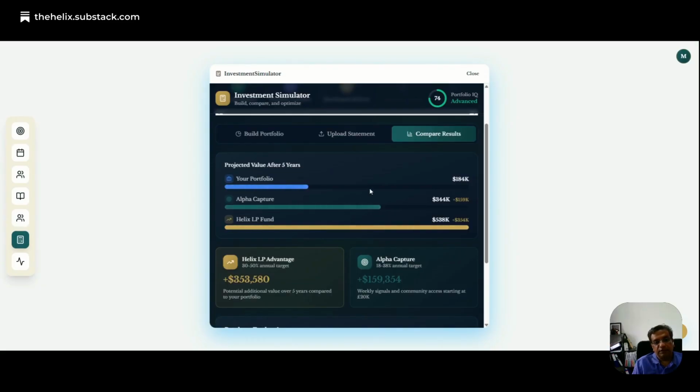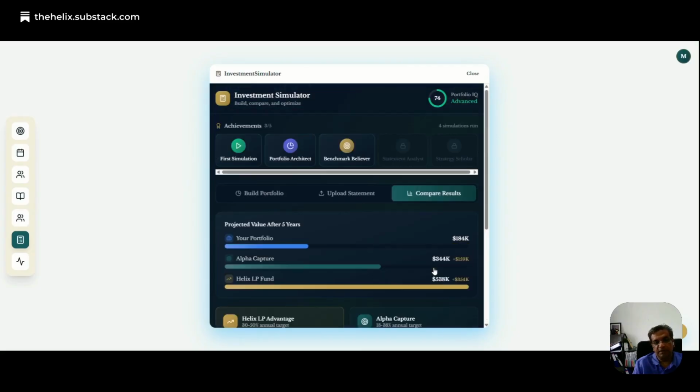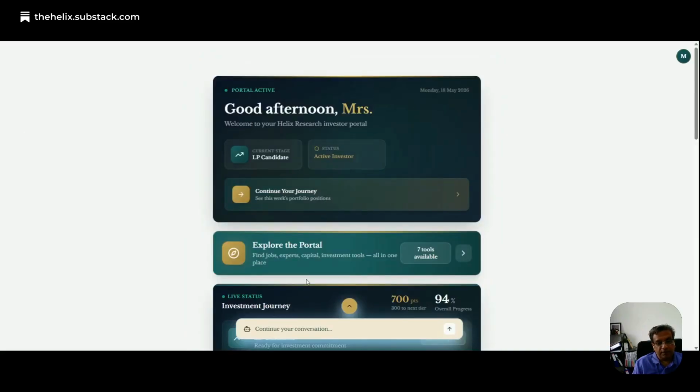So projected value after 5 years, your portfolio would be 184K. With our alpha capture, we would be doing 344. With the Helix LP fund, you would be doing about 538. So this is where it talks about this, and you can book an expert consultation if you need this, or if you want to use the LP subscription, then you can use that one. Then